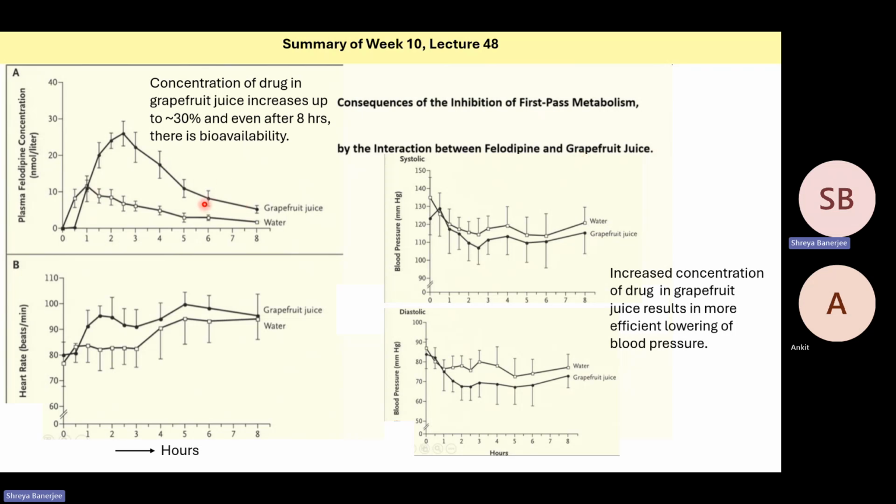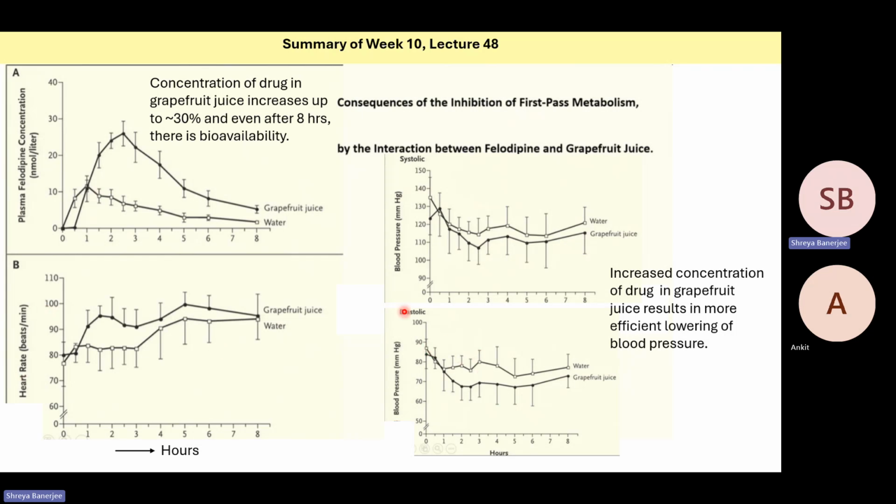The effect of this can be seen in that felodipine is used to treat high blood pressure. You can see that when you are taking the drug with grapefruit juice, both the diastolic and systolic blood pressure are lower, so the drug with the grapefruit juice is more efficient. You can see the lower line is the one with the grapefruit juice. Here also the lower line is the one with the grapefruit juice. So when you're taking the drug with the grapefruit juice, the lowering of the blood pressure is more efficient. Even the heart rate, you can see, is increased with the grapefruit juice, and that helps in reducing the blood